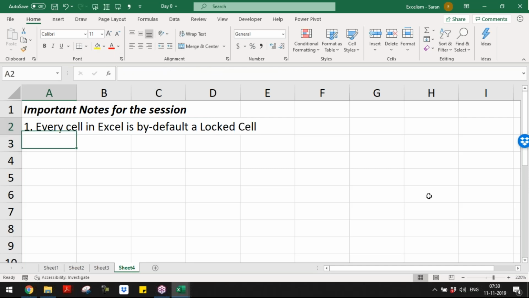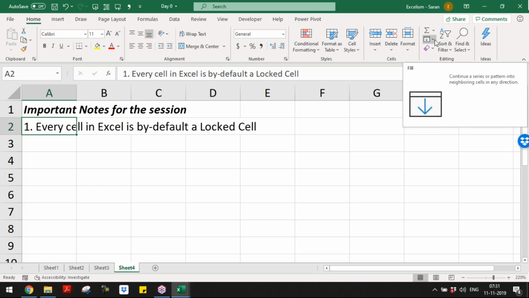I'll cover this in the topic of protection in depth. What is the difference between locked cell, unlocked cell, hidden cell, protected cell? Lot of concepts are there. But just for the understanding sake, because the point came here, I'm trying to tell this. How do you know that whether